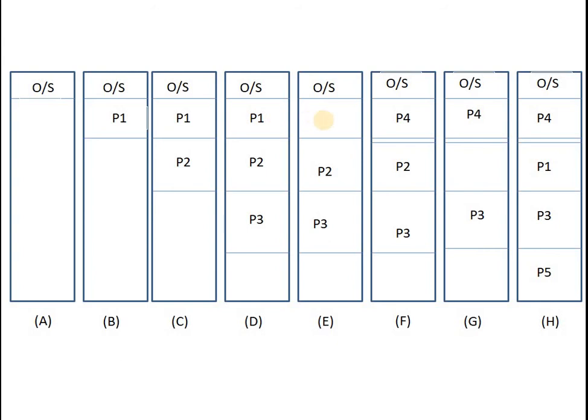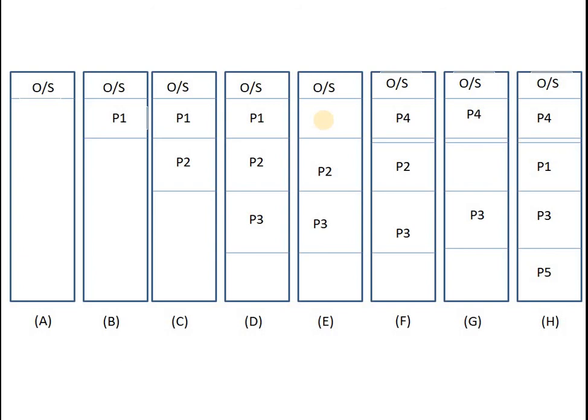At this stage, another process P4 wants to execute, but the size of P4 is greater than the free partition after P3 and is less than the free partition created by P1. Therefore, P4 is loaded in the free partition left by P1, so it will create a partition of size P4 and another free